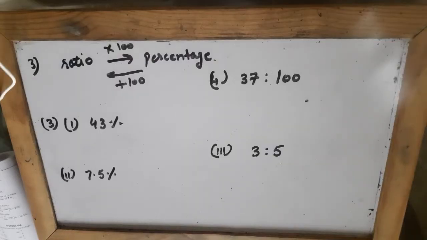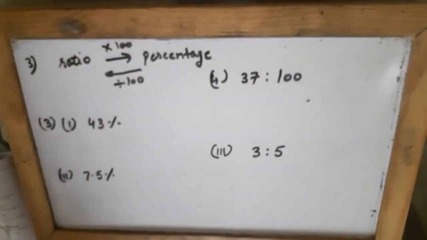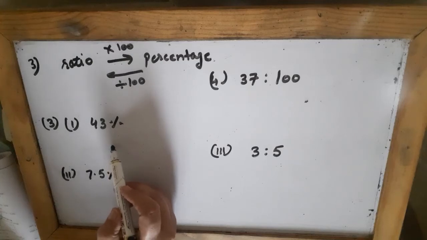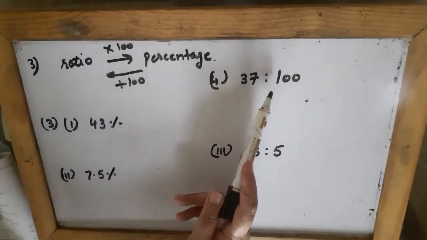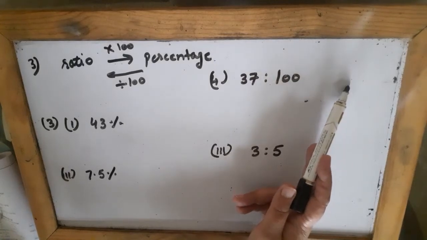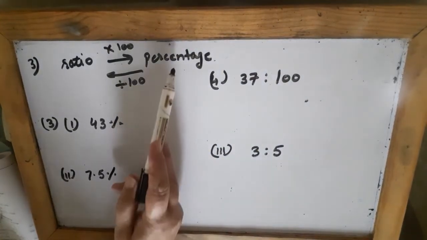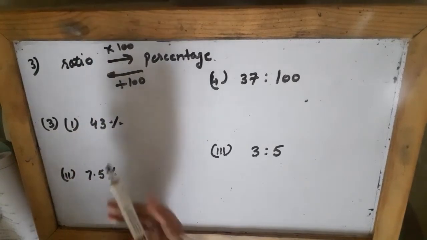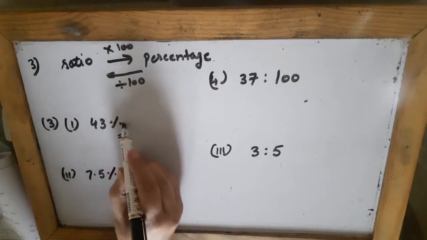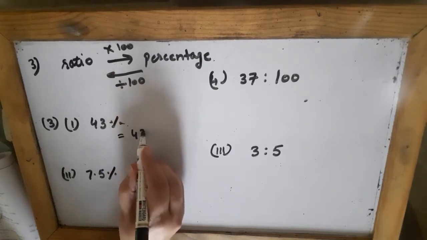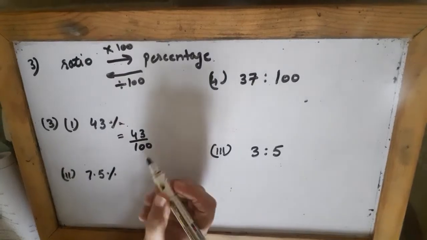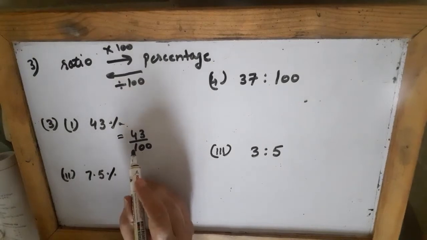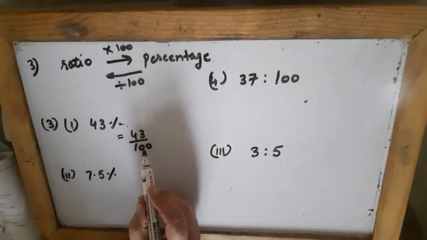Now we start with the third and fourth question. In the third question, they have given you percentage and they are asking you to convert this into a ratio. Okay, and in the fourth, ratio is given and they are asking you to convert into percentage. So when I have to convert percentage into anything, into fraction, ratio or decimal, I have to divide with 100. So percentage means, this sign means percent, means 43 out of 100, right? So percentage sign gets removed and I add a denominator 100 to it, so this becomes 43 upon 100 for